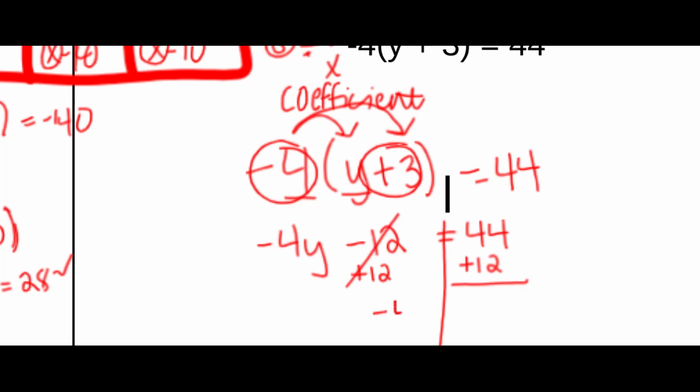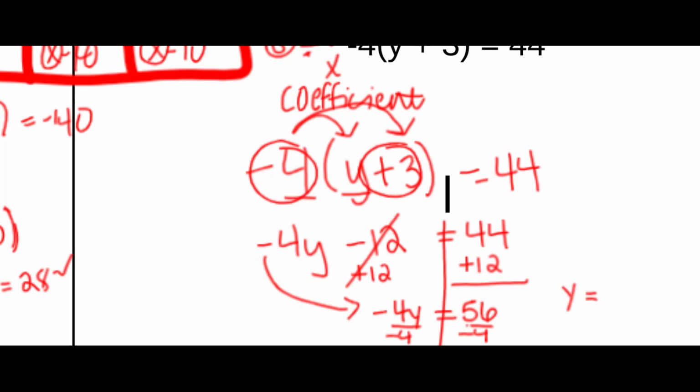That's going to give you a math problem to solve. 44 plus 12 is 56. And then divide, don't forget, by that -4. A lot of people are forgetting that, okay? You want y by itself. It has the -4 with it. So you're going to divide by -4, and y is going to equal